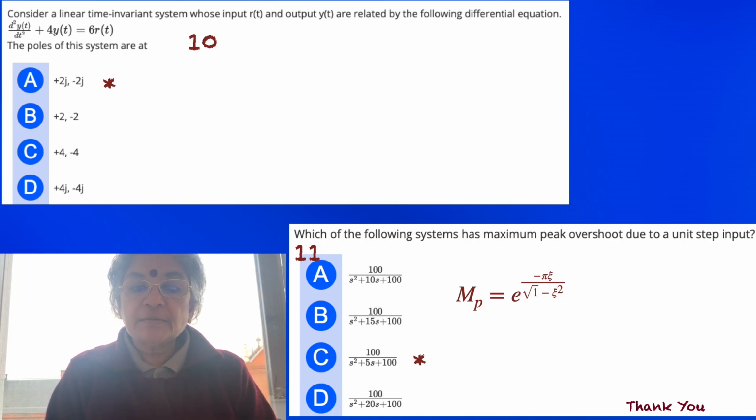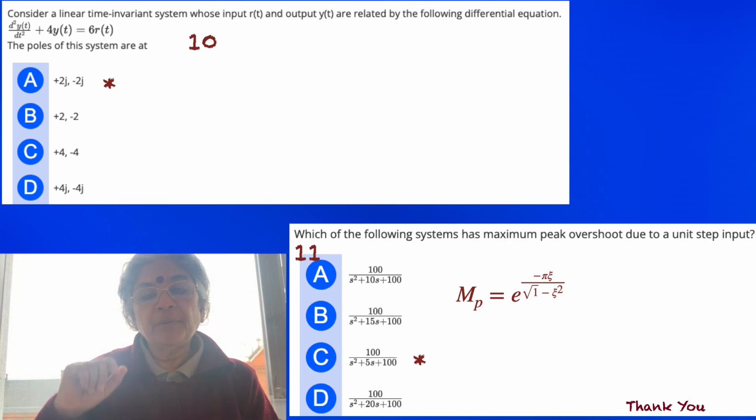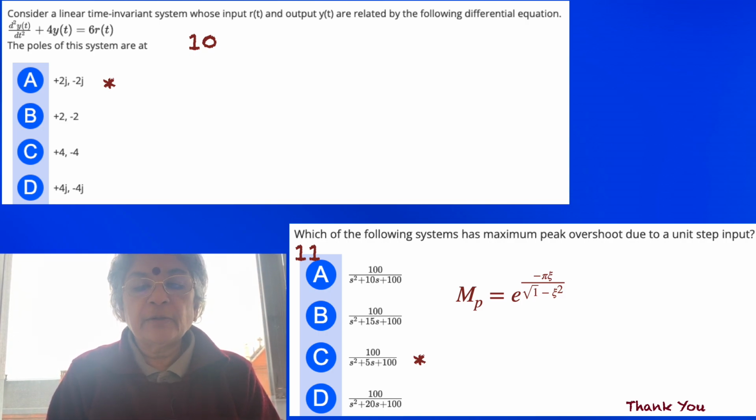Which of the following systems has maximum peak overshoot due to unit step input? So when a unit step input is given, another important understanding for the system happens to be that it has a peak overshoot. It's called Mp, and it's given by e raised to minus pi eta divided by root of 1 minus eta square. So as long as eta is very small, you're going to have a larger peak. Why? Because Mp is given by 1 by e raised to pi eta divided by root of 1 minus eta square. So now we see that,